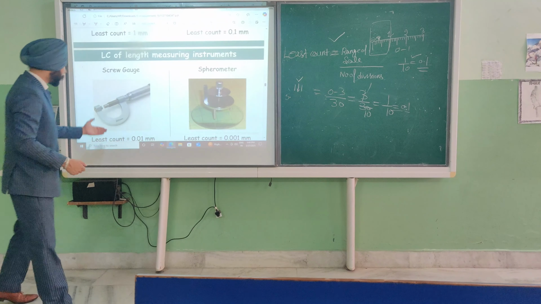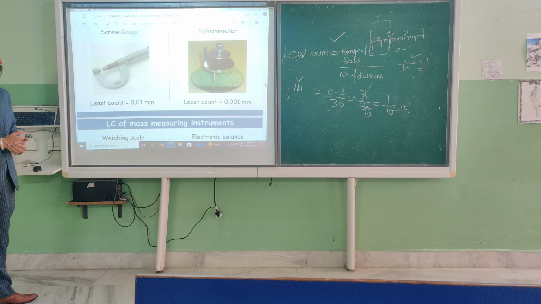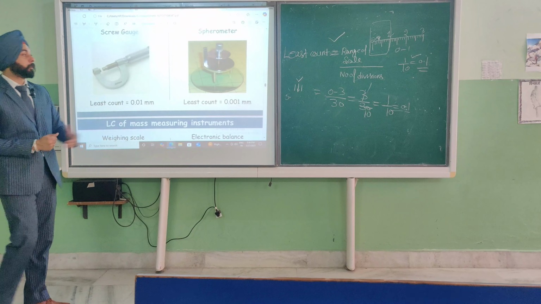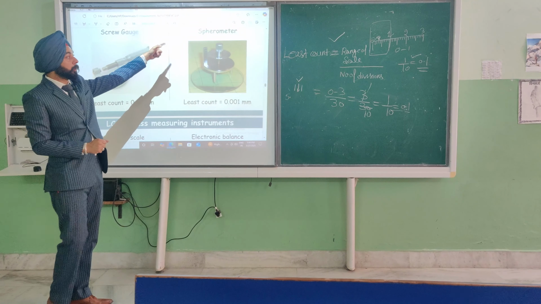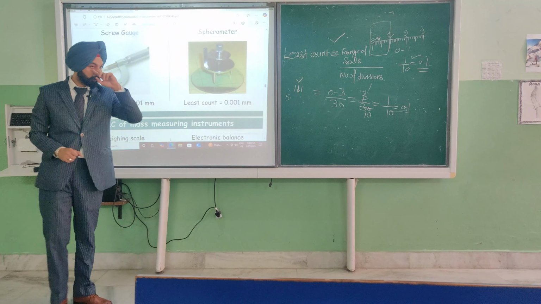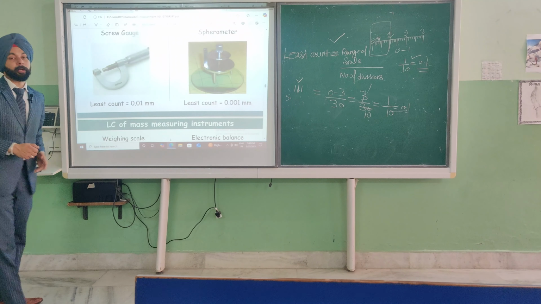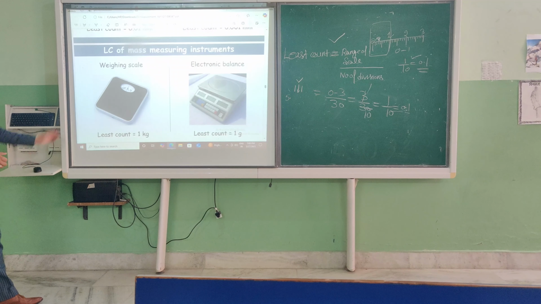Okay, so next one is the spherometer. If I talk about the least count of the screw gauge, it is 0.01 mm, and next one is the spherometer. It's your research work: find why we use the spherometer. The least count of this is 0.001 mm. Okay, now this one is the